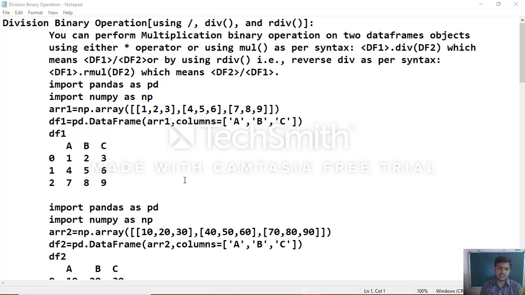Division can be performed using the division operator, which is the normal division, and by using the div function, and by using rdiv, which is nothing but the reverse division operation. So you can perform multiplication, sorry,